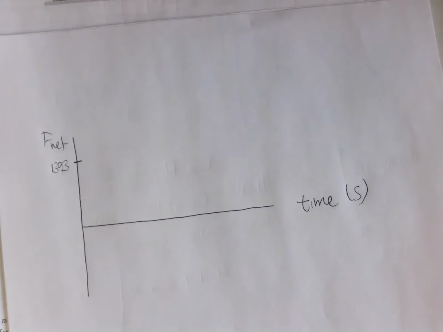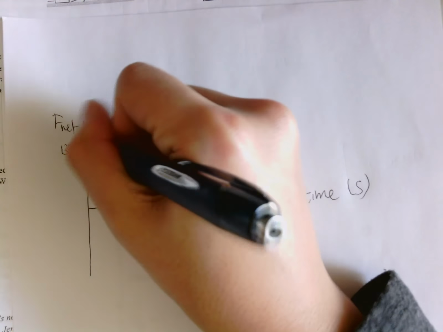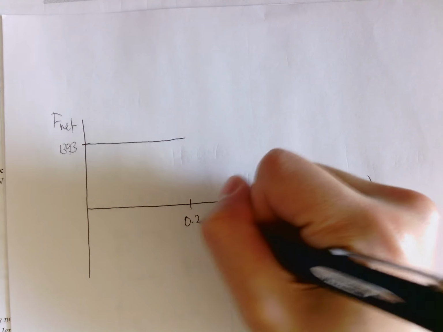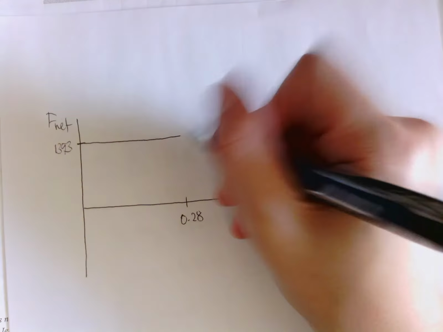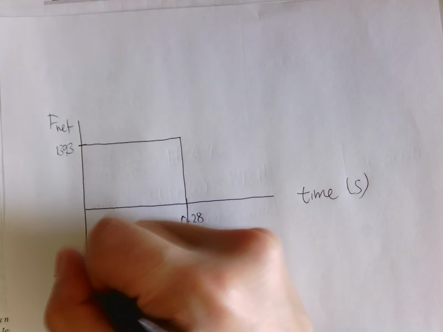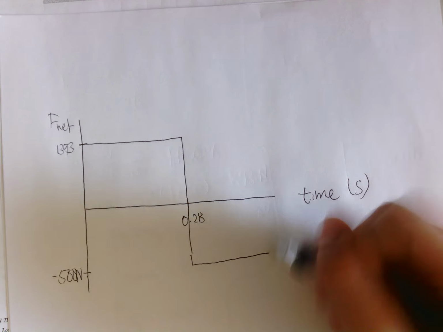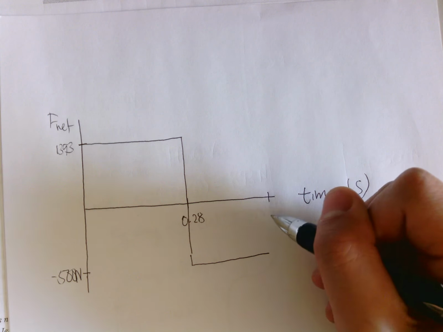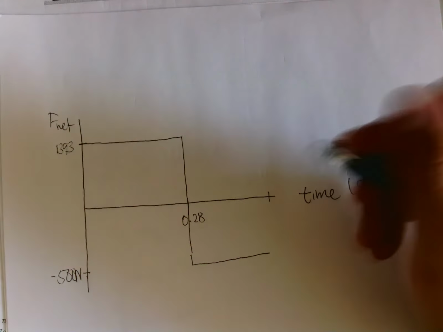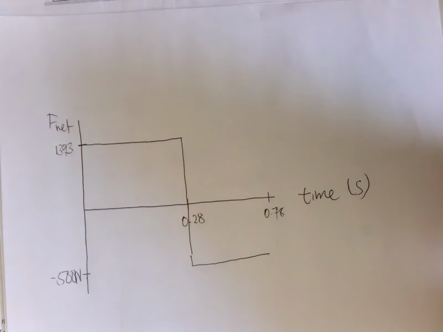There we go. So yeah, he starts at 1393 newtons, and this continues until 0.28 seconds. And that's when he comes back down all the way to negative 500 newtons, which is where he continues until time 3. Well, actually, so time 3 is 0.78 as we calculated, so he's at negative 500 newtons, but it'll